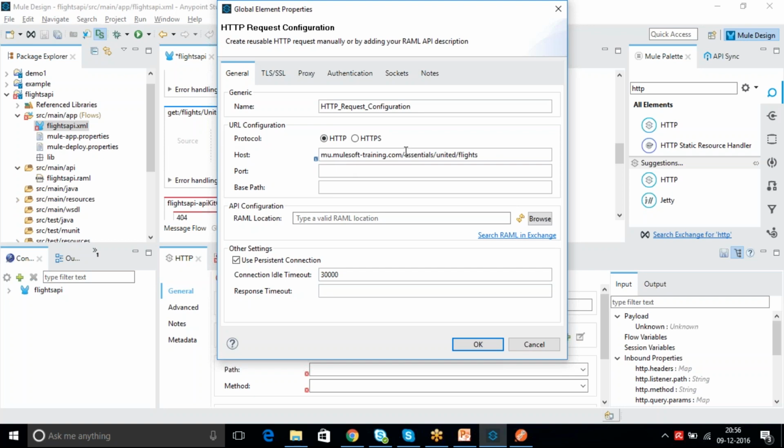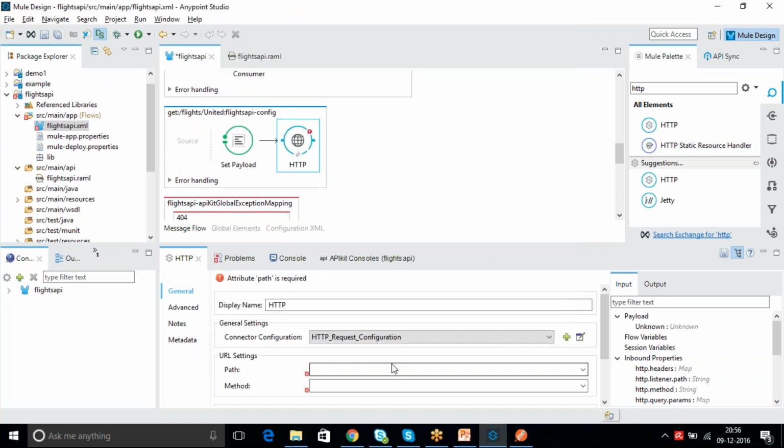And you need to mention only the host. You don't require this. Just cut here and then paste it in the base path. For port, you can give it as 80. The default port is 80. So this is my host, this is my port, and this is my path.